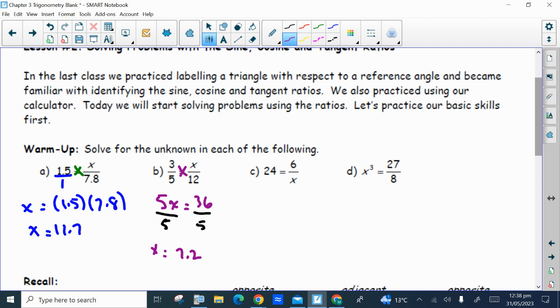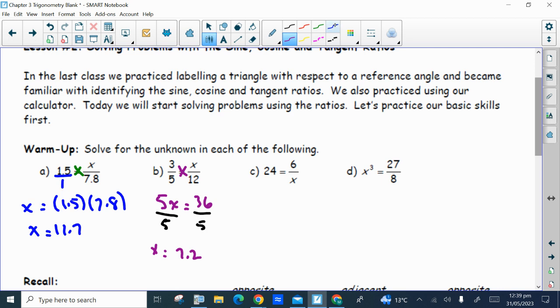So again, we did steps similar to these first two involving our trig ratios. When we wrote equations for sine, cosine, tangent, we always cross multiplied, and sometimes by cross multiplying you had the variable by itself. In other cases, there was one extra step you had to do, just like this last one